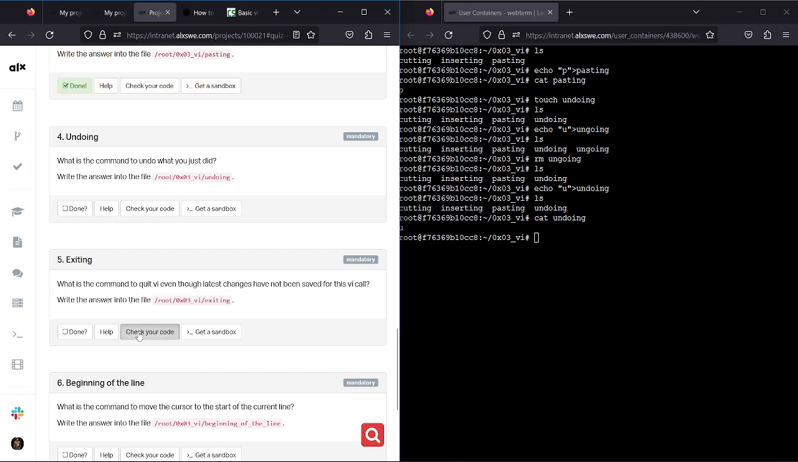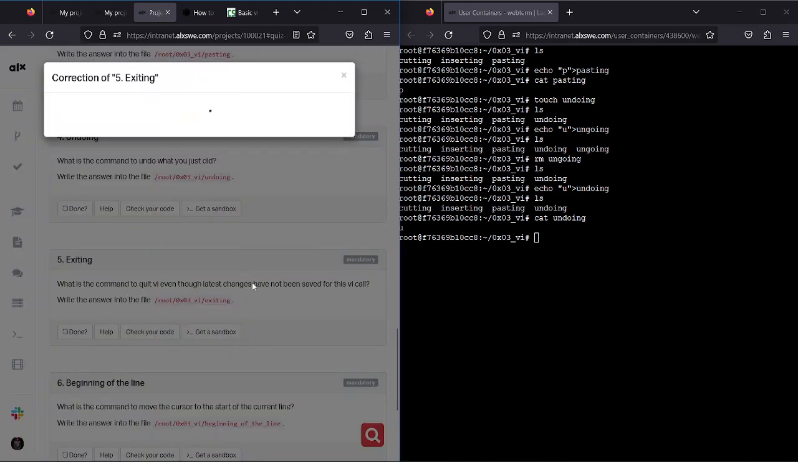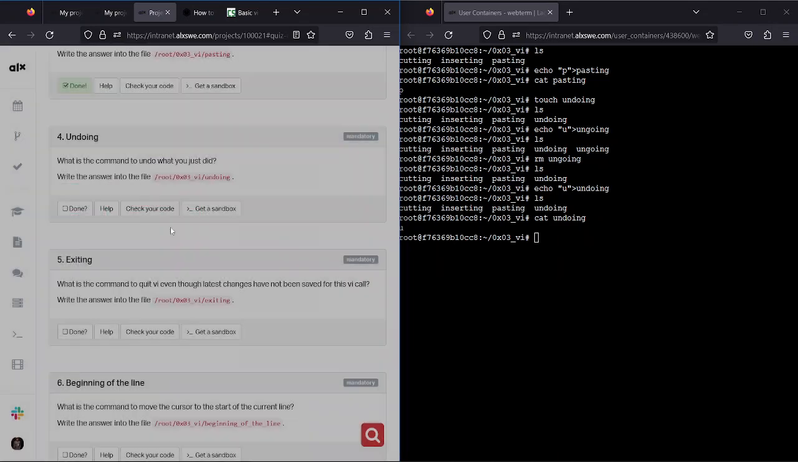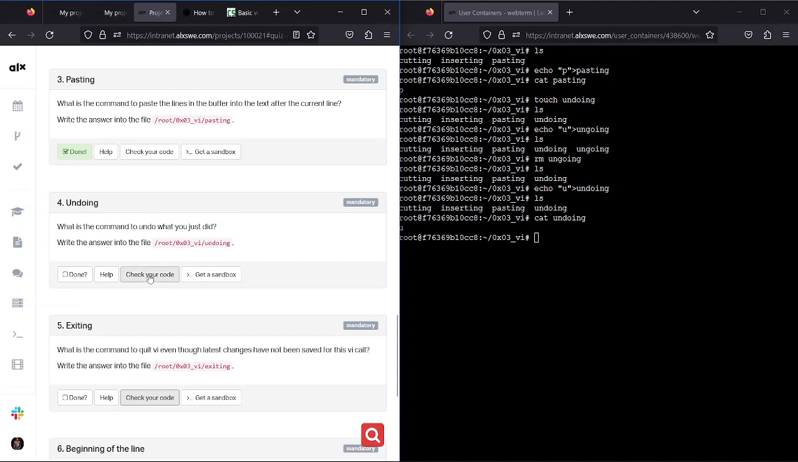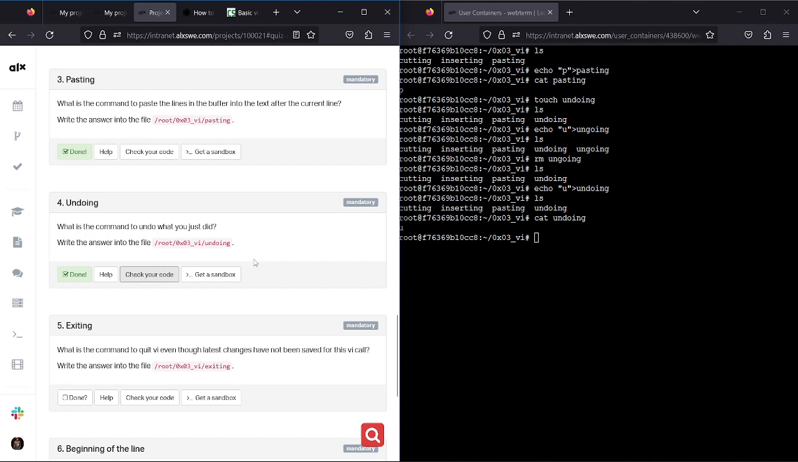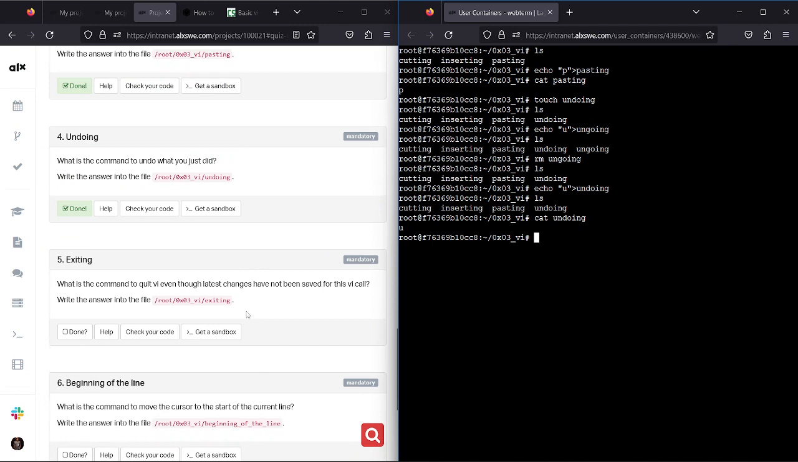So I believe you are getting it already. I believe it's not something that, oh no, sorry, just making a whole lot of silly mistakes. Undoing. So okay, now our code is correct. So now the next is what? How to exit from what? Exiting from